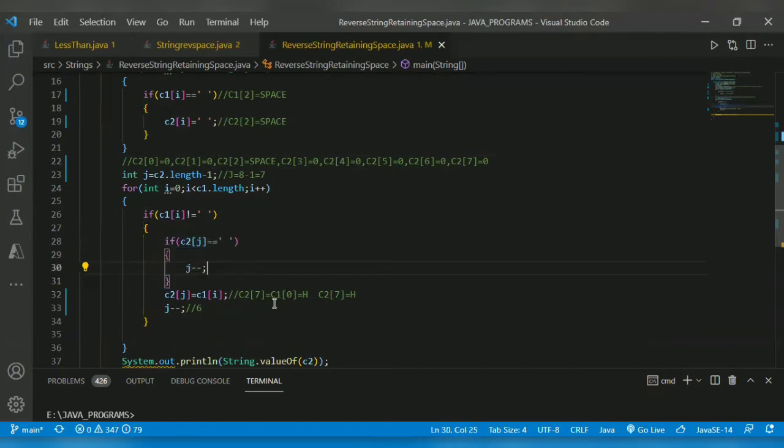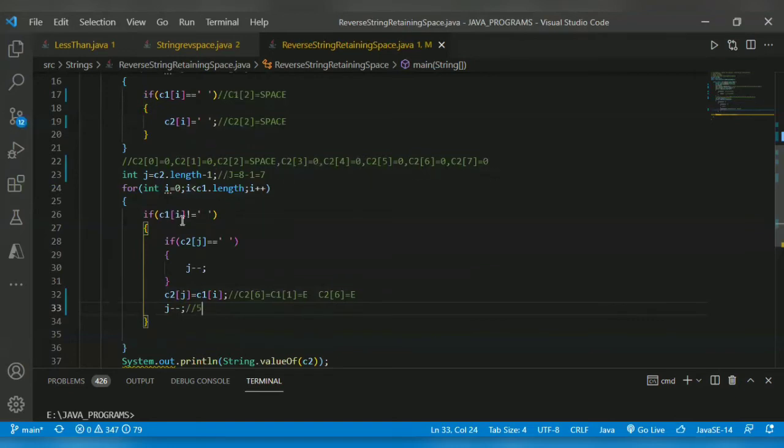It will come here. c2 of 6 equal to c1 of 1, which is E. So c2 of 6 is equal to E. Now j gets decremented to 5.